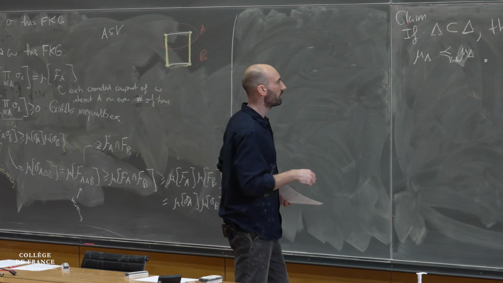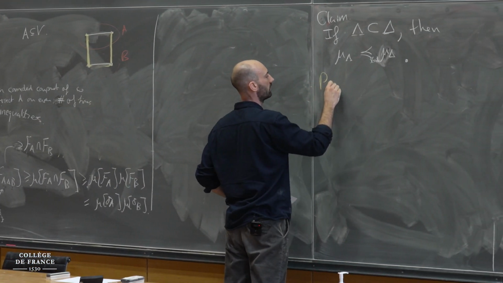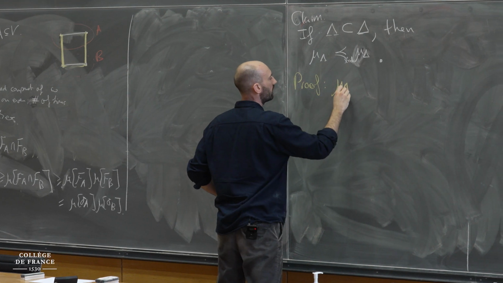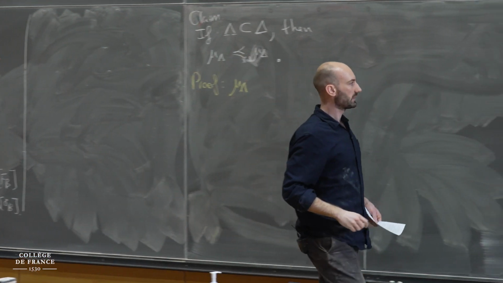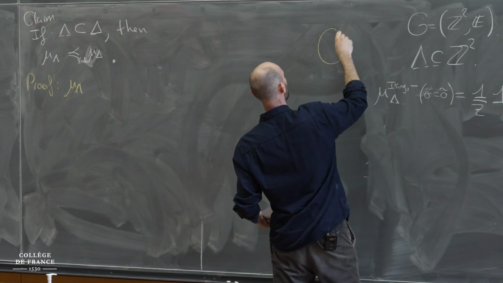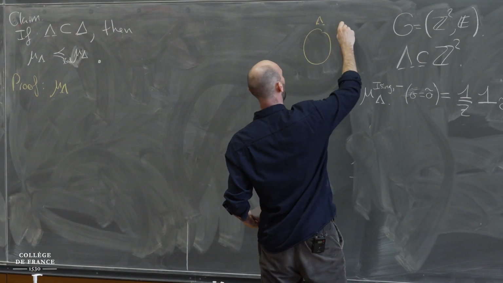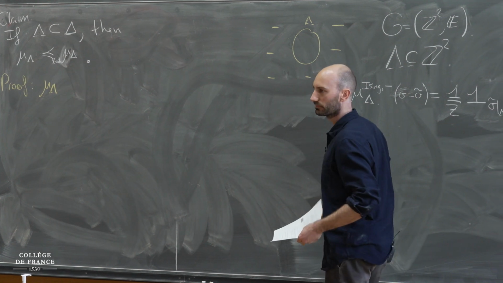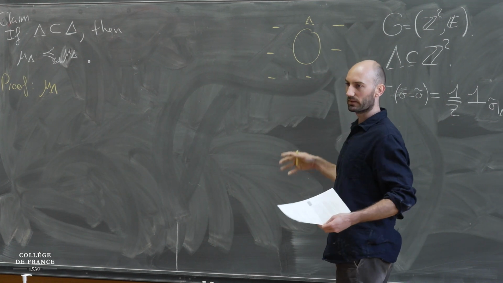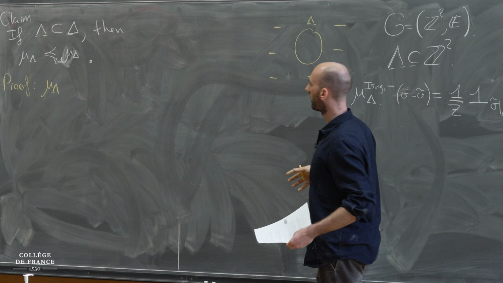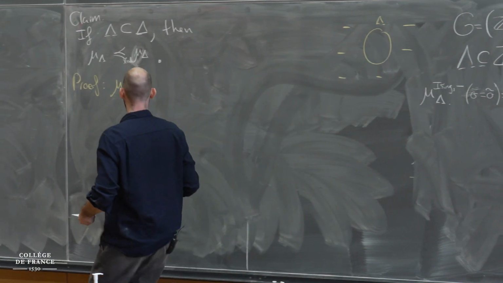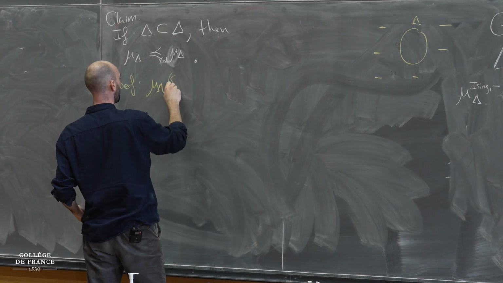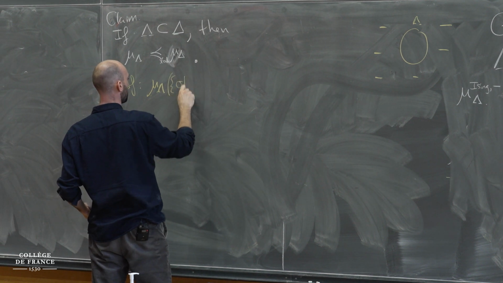So the proof is very, very simple. What we're doing here is we say, okay, we have some domain lambda, and outside of this domain, everything is negative. And then we replace lambda by a bigger domain. Now if we have a bigger domain, clearly we get the smaller domain by just conditioning on an event. So this is just the event that sigma,